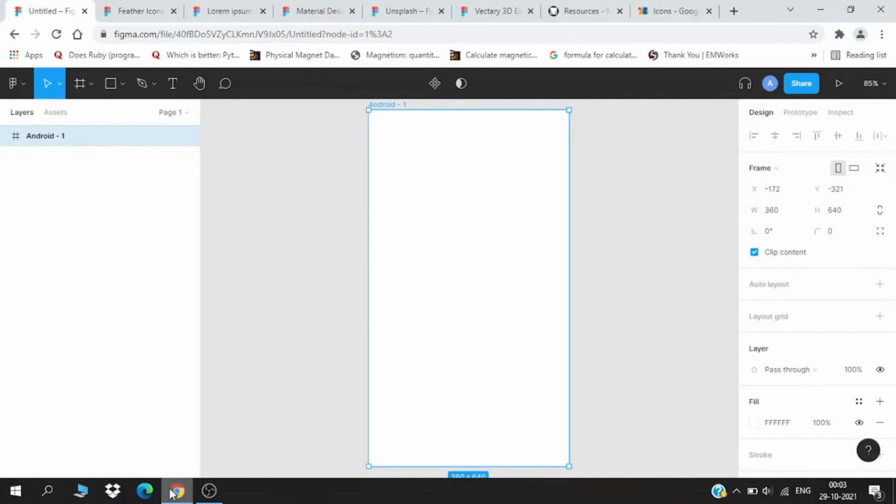So let's jump straight to the topic. Today we are going to cover some basic plugins in Figma which every beginner or every pro designer who uses Figma must have, or they will need these plugins eventually in their designing journey anyhow. So let's jump straight to the process and see what they are right after the music.